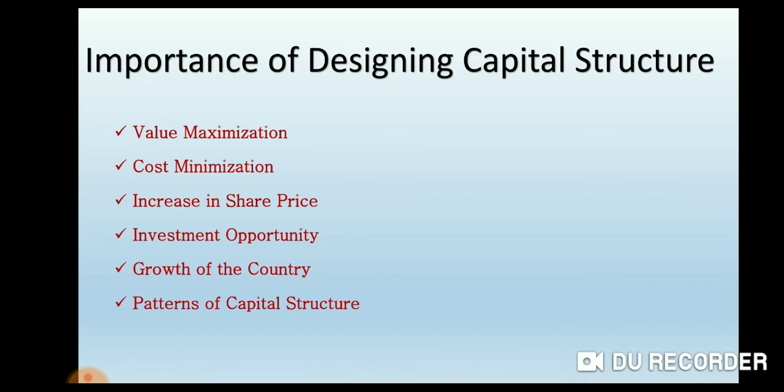Patterns of capital structure. There are usually two sources of funds used by a firm: debt and equity. A new company cannot collect sufficient funds as per their requirements as it has yet to establish its creditworthiness in the market. They have to depend only on equity shares, which is the simple type of capital structure. After establishing its creditworthiness in the market, its capital structure gradually becomes complex.